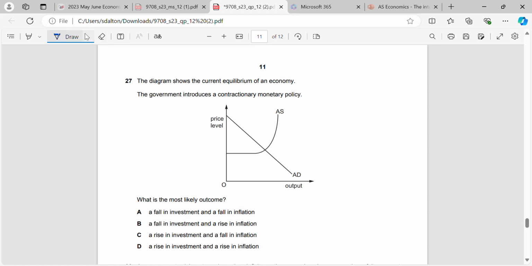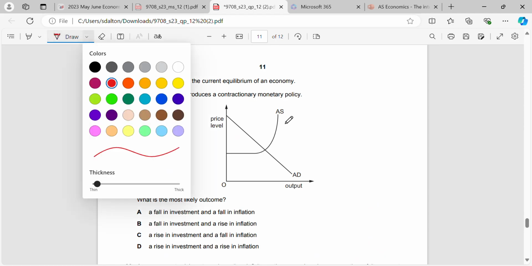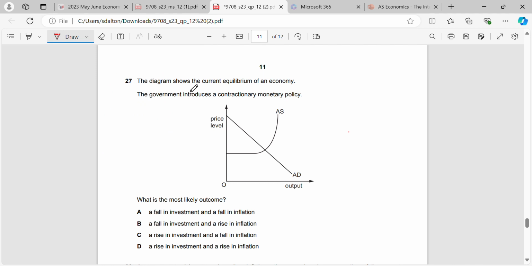Okay, 27. Change colour here. Shows current equilibrium of an economy. The government introduces a contractionary monetary policy. Okay, what is the most likely outcome? So, contractionary monetary policy, what do we know that it's going to do? It's going to shift AD to the left, because that's what it's designed for. Okay, now for the most likely effect of this, all we have to do